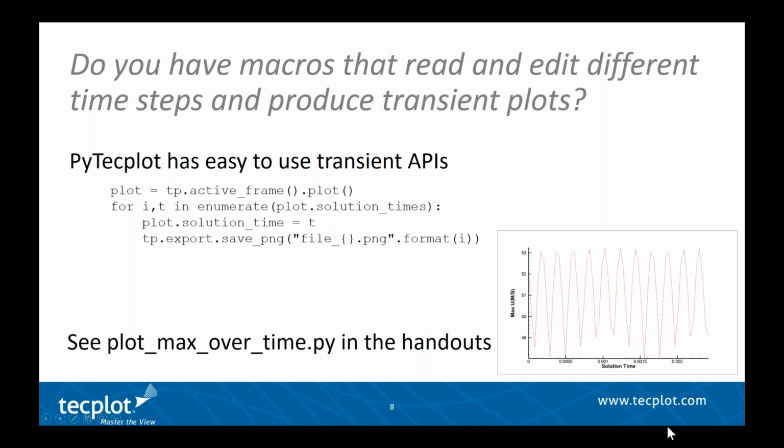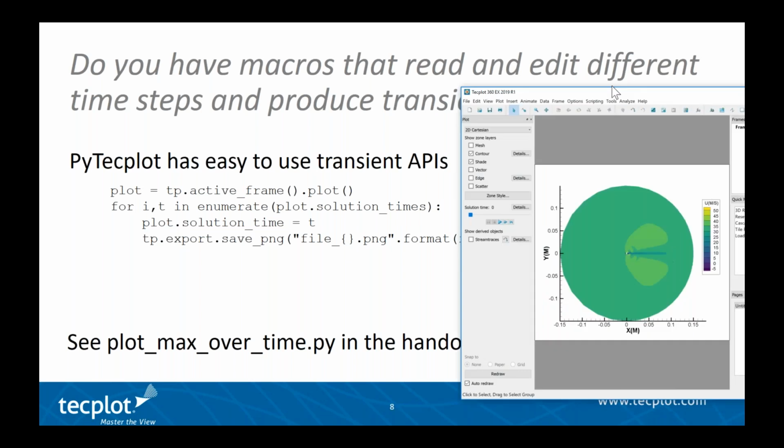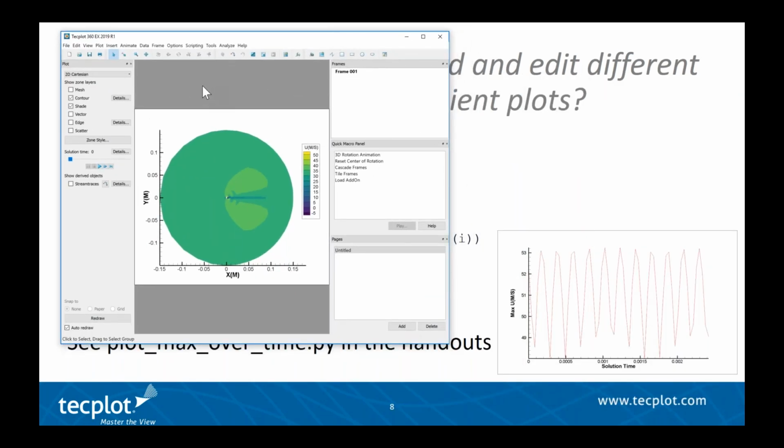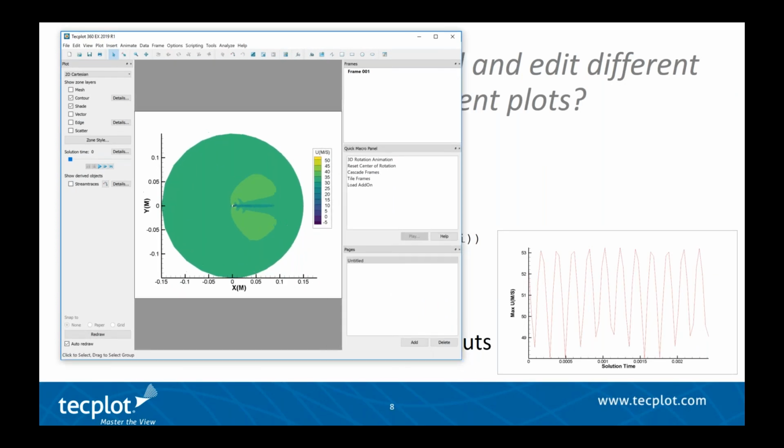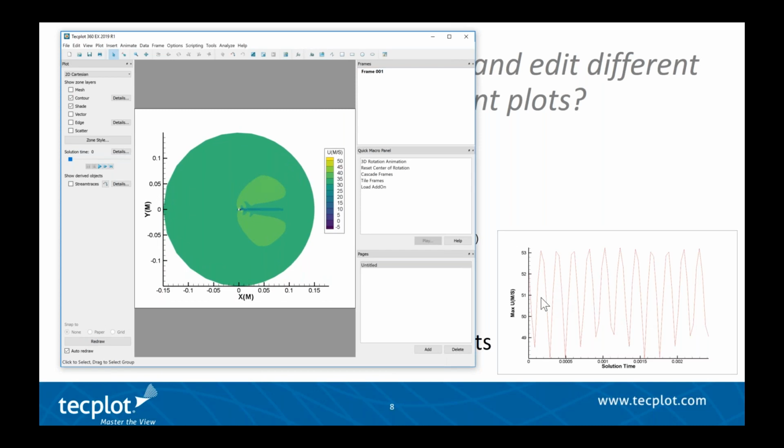So let me just demonstrate how this macro works and showing you with one of those data sets. So here I've opened that layout, vortex shedding.lay, and from here I want to create this plot that you see in the lower right, which is this max u velocity over time. So we don't have a built-in function for this in Tecplot, but pretty easy with the macro, or the Python